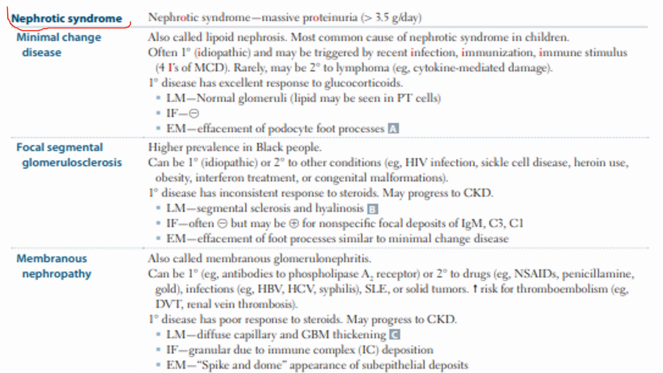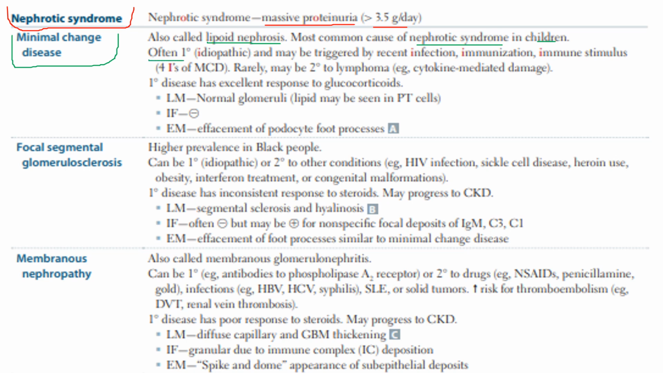Nephrotic syndrome. It is associated with massive proteinuria that is greater than 3.5 grams per day. Now let's see the examples of nephrotic syndrome one by one. First one is minimal change disease, which is also called lipoid nephrosis, the most common cause of nephrotic syndrome in children,